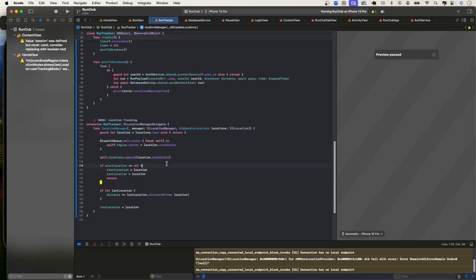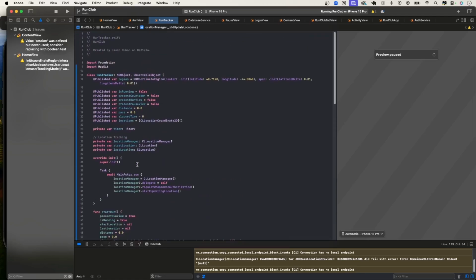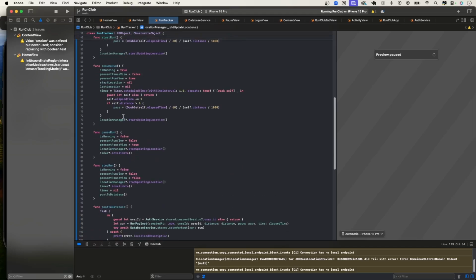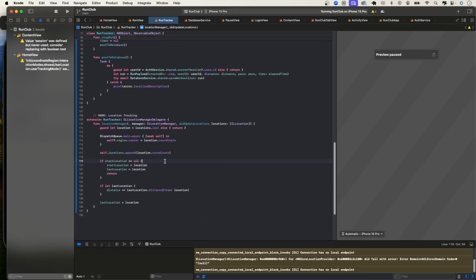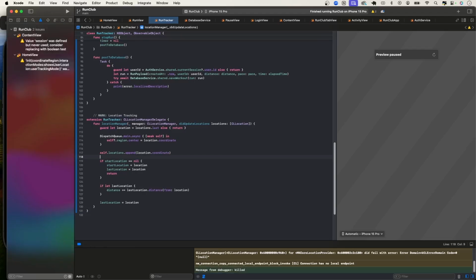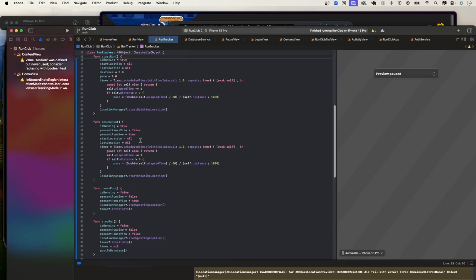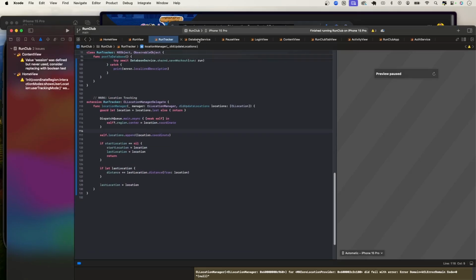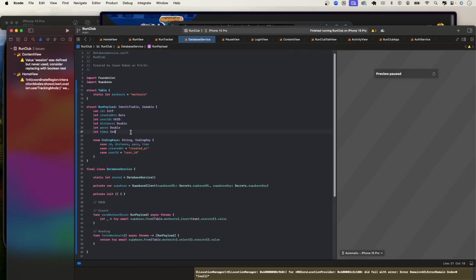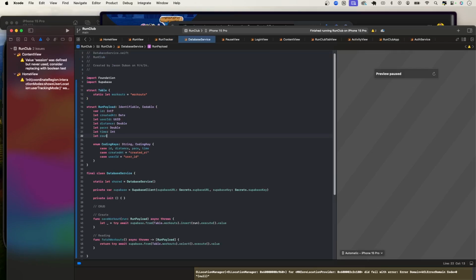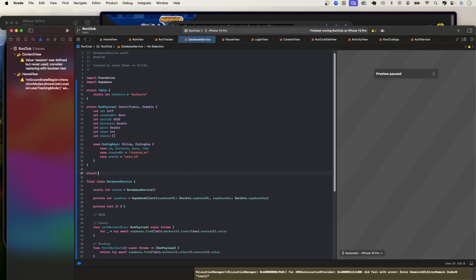So now what do we need to do? We're actually gonna need to send these to Supabase. And how are we gonna do that? So let's see. All right, so we have this here and we're updating it every time. Now we're going to go to our run payload and let's create a new variable called route. And this is going to store a new struct, call this